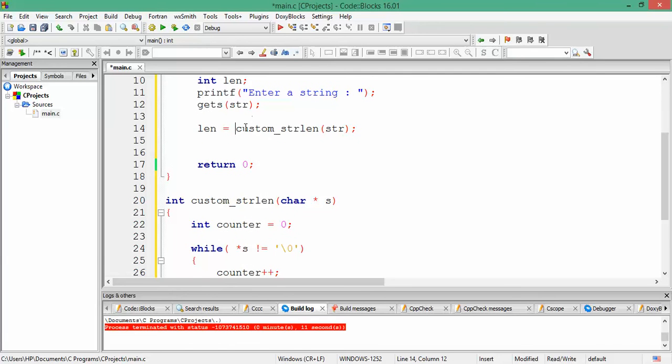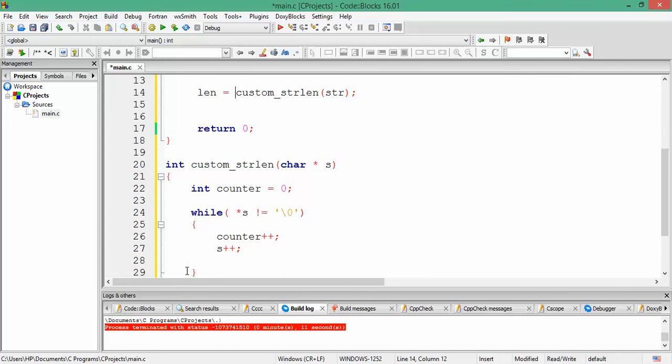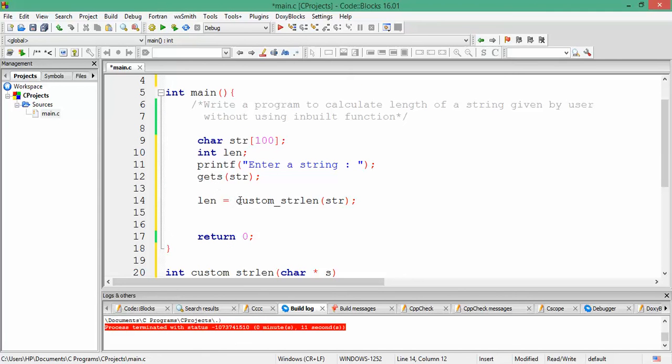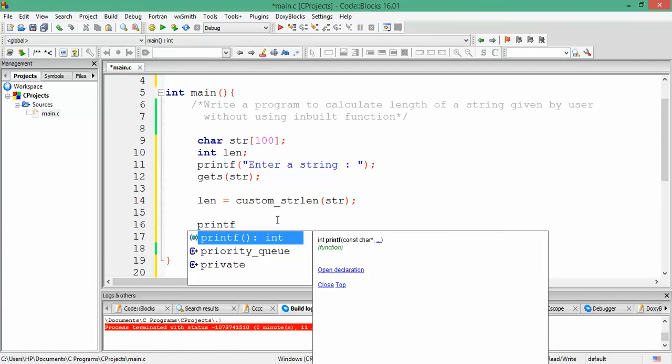So when the function is called, the control would jump to the function, it would execute the statements within the function, and when the return statement is hit, the control would return back to the caller at the point from which this custom function was called, and whatever value is returned would get stored in the variable len, and that we are going to print on the console.